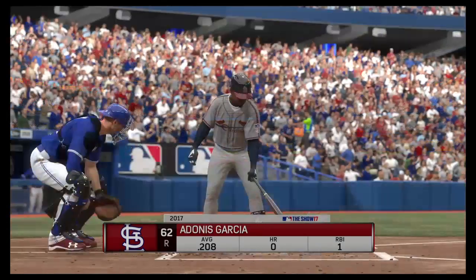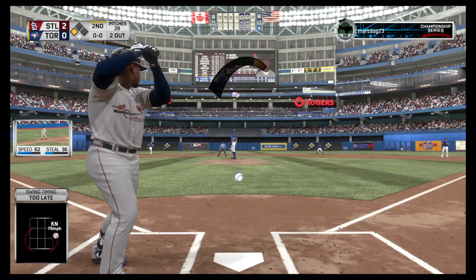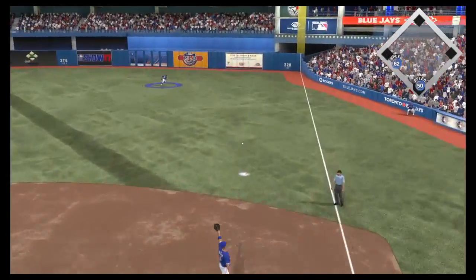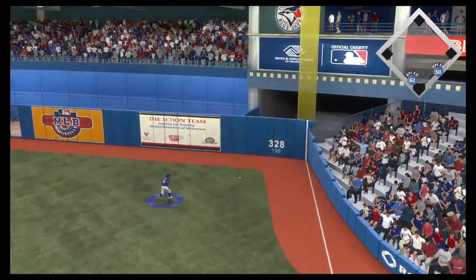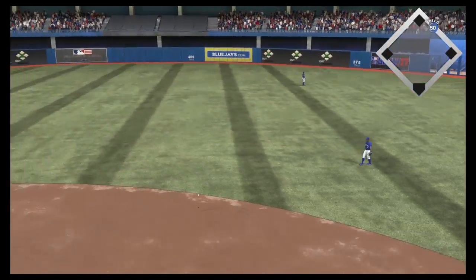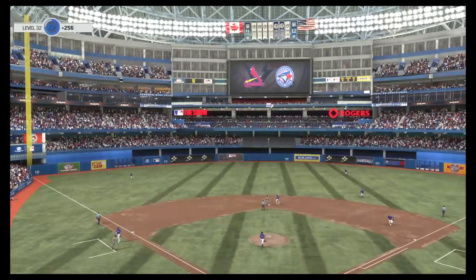And now they'll likely need a base hit to get that runner home from third. Batting 9th, Adonis Garcia digs in now. He's ready for his first at-bat of this early season contest. In there, base hit, and that ought to get the run in from third. He'll get it into second. The tag, and they'll get him at second, and with that, the side is